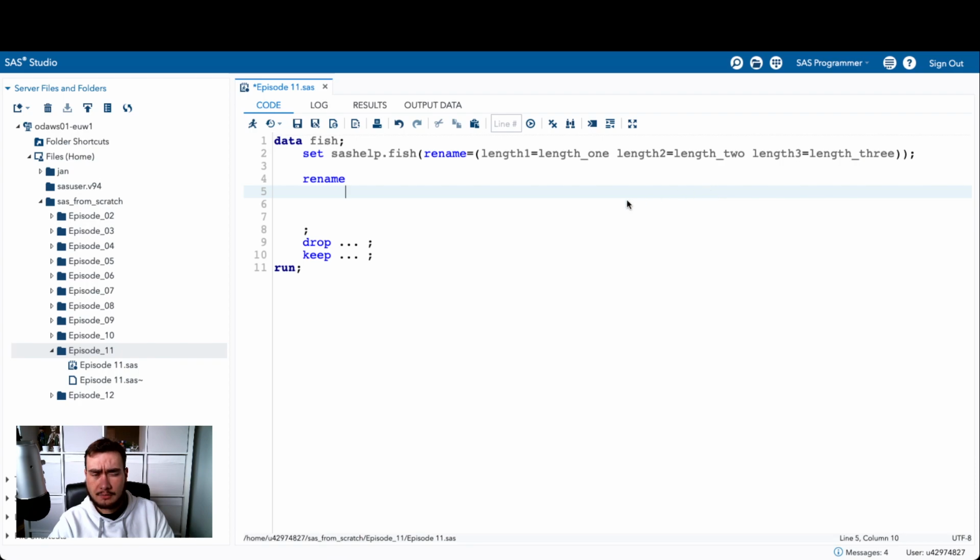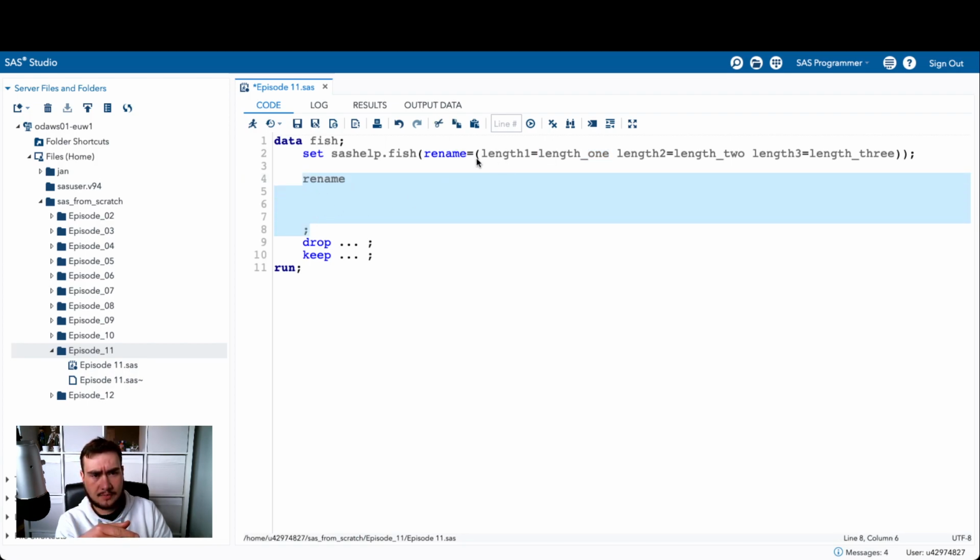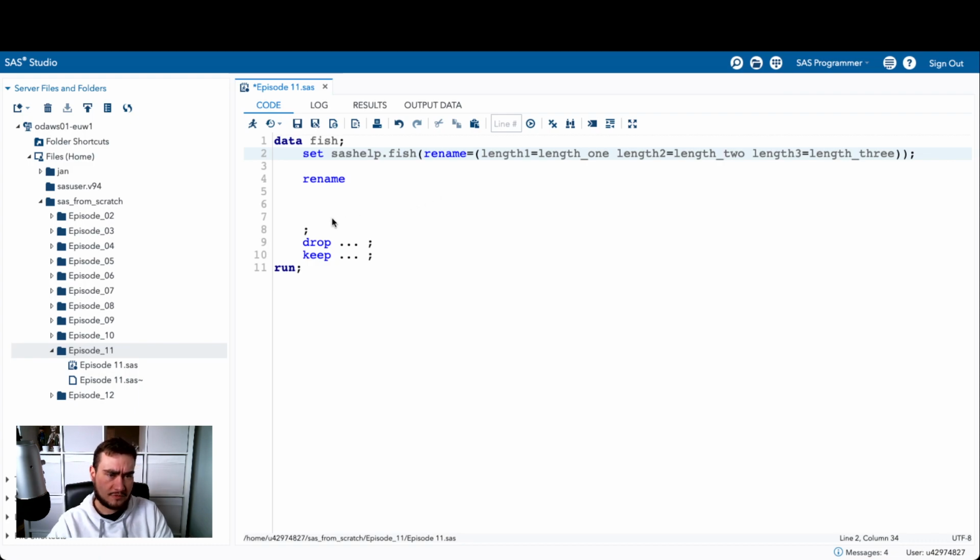One other thing to bear in mind, and off the top of my head I can't remember for a fact. So as SAS is going to read these in, it's going to rename them immediately. So in your code, you would have to refer to length underscore 1 in the data step, and not length 1, because length 1 will no longer exist. The other thing to keep in mind, I think if you do it as a rename statement and not as a rename option, I believe you still refer to the original name if you want to do something. So let's